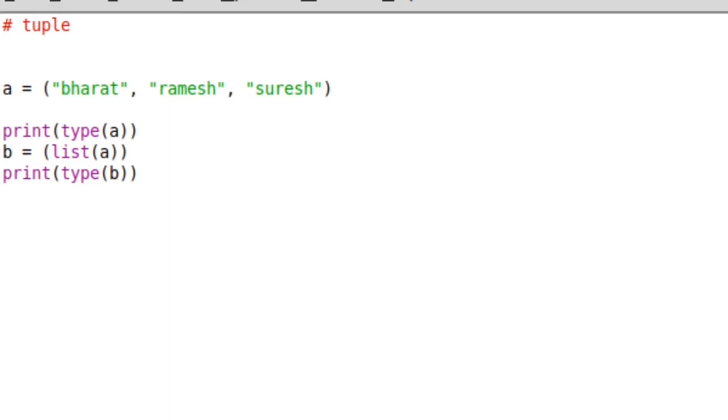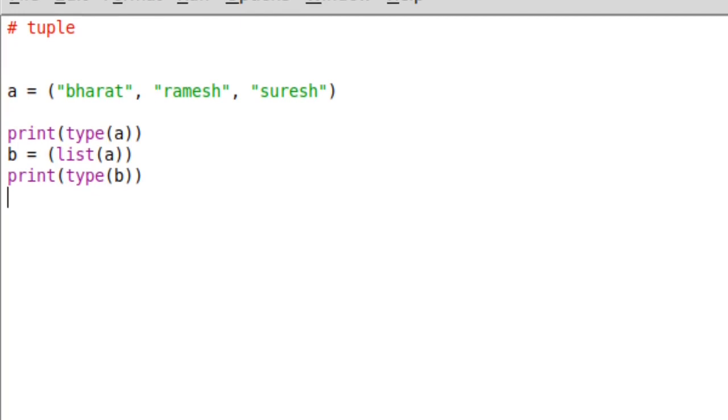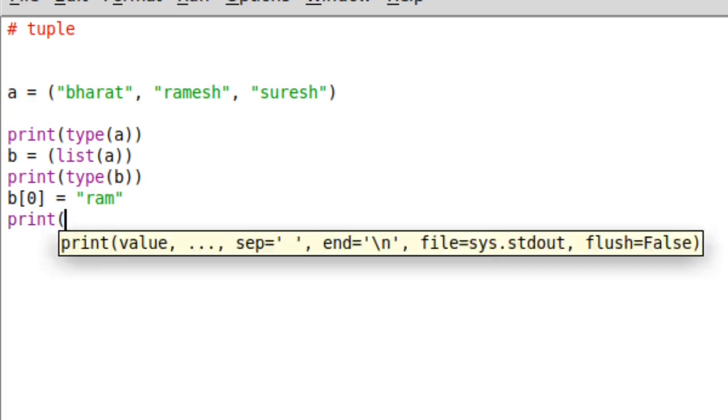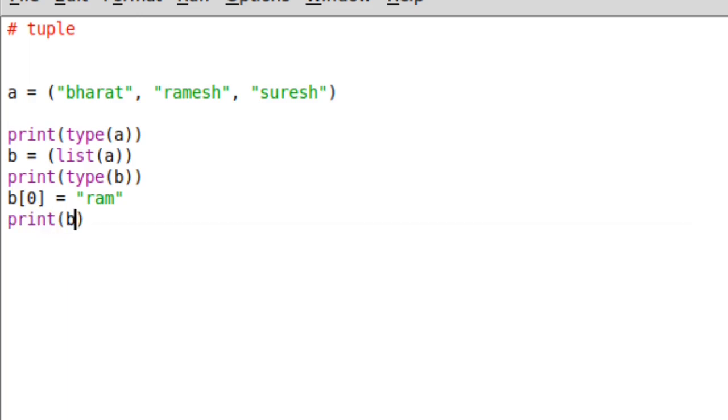And I will show you guys how to manipulate that. I am changing the name from Bharat. I will change anything which you want, so suppose Ram, and now I am printing that list, because B is our list.